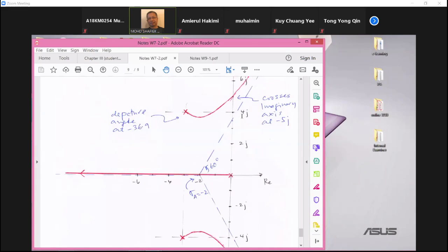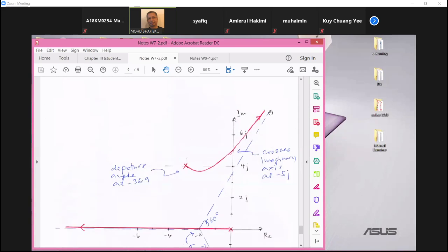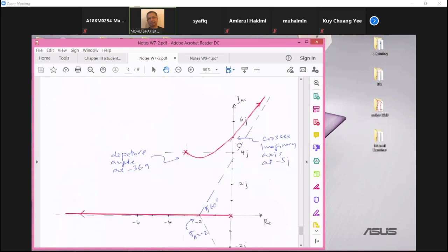0 degrees is to your right. But somehow this is going to turn and approach the asymptote line. So it is going to leave the complex pole at negative 36 degrees, and then it's going to turn around and approach the asymptote line. It's going to cross the imaginary axis. So where does the locus cross the imaginary axis? We can determine that using the